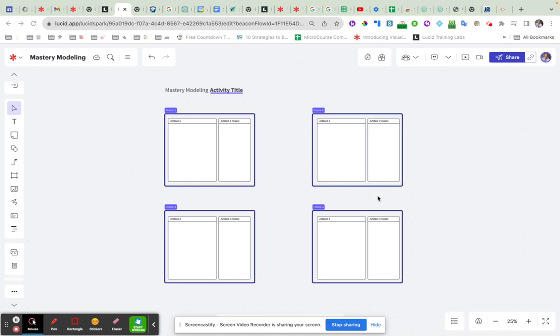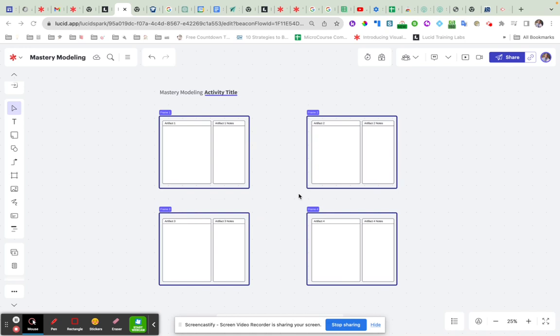And essentially what you would do is you would provide the groups of students a template, and they would be able to then upload artifacts and make annotations and notes about the artifacts that they can use to guide their understanding of what reflects exemplary work and what reflects work that maybe is missing the standard in one way or another. So first, I'm just going to get closer to one of the